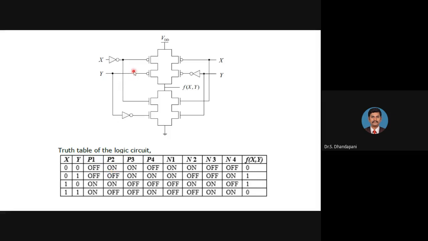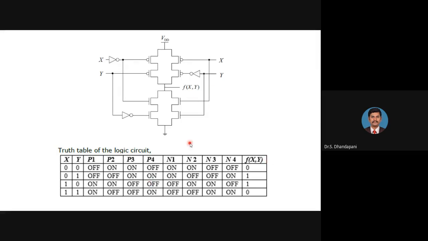The basic logic: the PMOS transistor will be on when its gate terminal input is 0. The NMOS transistor will become on when its gate terminal is getting 1. So by using this logic, we can fill a table. After filling the table, we can see the final output.